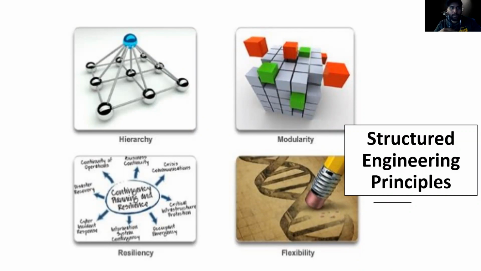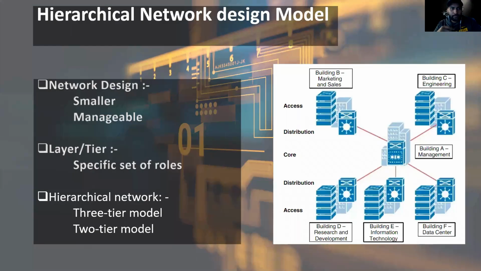So in phase three, architecture-wise, we only focused on hierarchical design models. It breaks the complex problems of network design into smaller and more manageable ones. Each layer or tier in the hierarchy is focused on a specific set of roles. And this will help the network designer and the architect to optimize and select the right hardware, software, and the